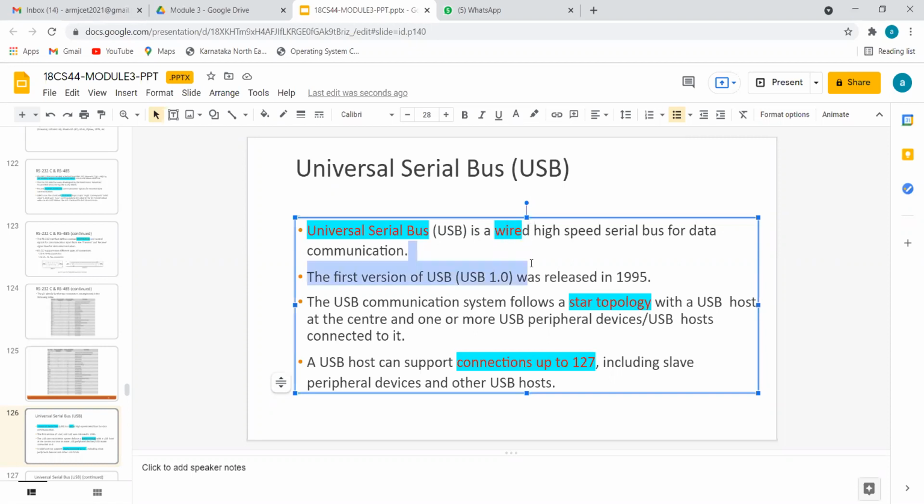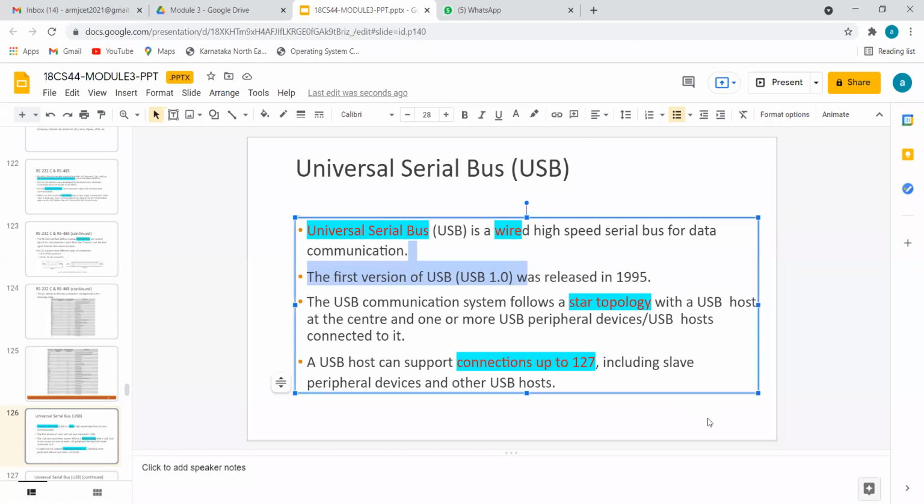Why it is called wired is, if you take your mobile charger and connect it to the pen drive, sorry, connect it on one side to the laptop and on the other side to the mobile, it acts as a data transmission cable. Don't think of this USB cable during charging. The work of charging is different. We have to understand that only when we connect our mobile to the computer does it act as a USB.